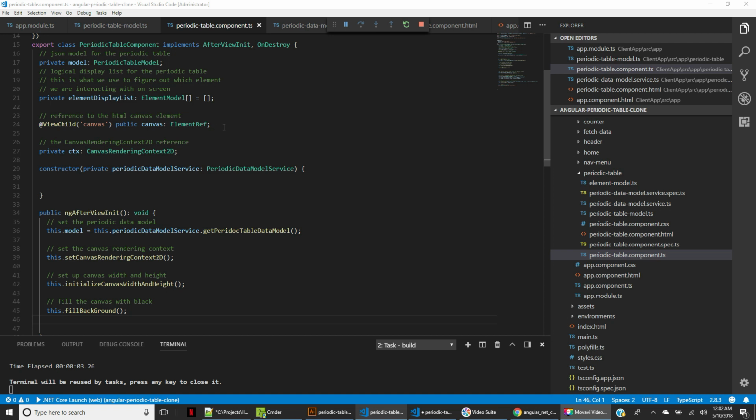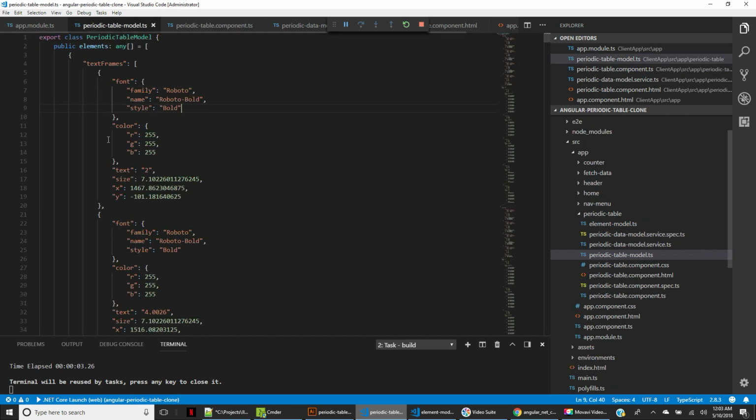So the next thing we need to do is populate our element display list. So we want to populate our display list with an array of element models. Each of these models will represent each element in our periodic table. So we basically need to create an instance of an element model for each item in our periodic table models